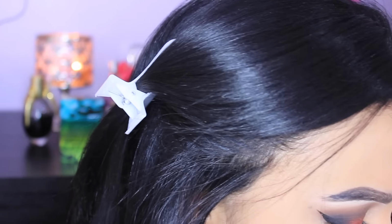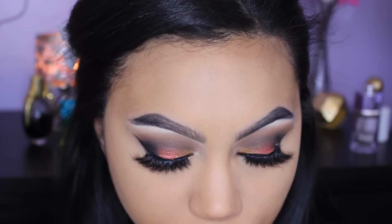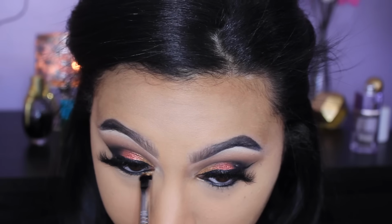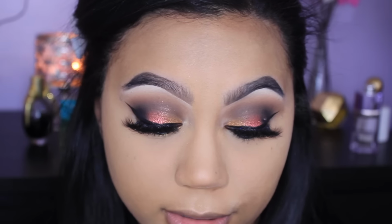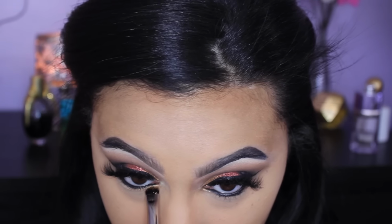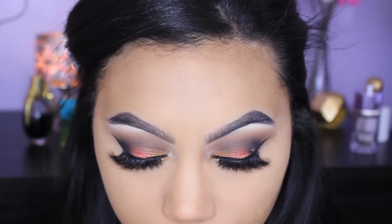So I'm gonna grab this brush. This is a Sigma E20 brush, and I'm gonna go back into the Hidden Treasures palette, and I'm gonna take the color Coin first, which is that gold shade that we have on the inner half of our lid, and I'm just gonna put it right down here. I may or may not regret this and just switch it all to black, but for now, that's what we're gonna do. Okay, and then we're gonna take that same brush, grab Ruby,